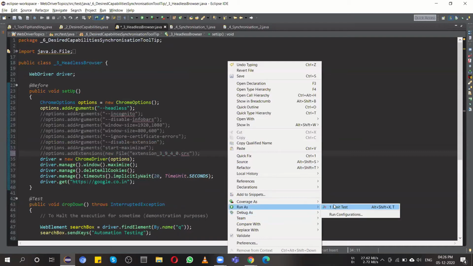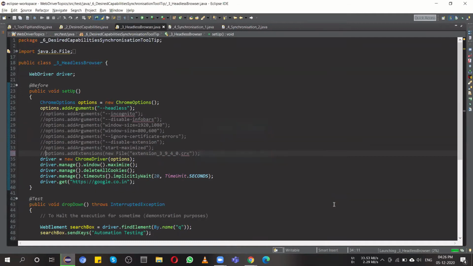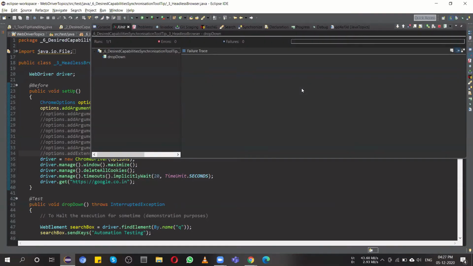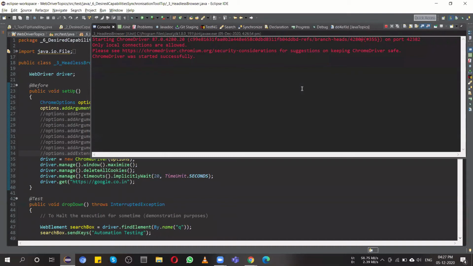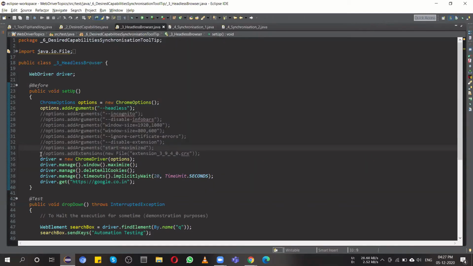Because in headless mode, one of the reasons why we use it is that its execution is really fast. We are not loading or giving time to load all the website images, and without images, that particular application or website will load really fast and do the testing. See over here, so what is the issue actually? We cannot add an extension with headless mode.